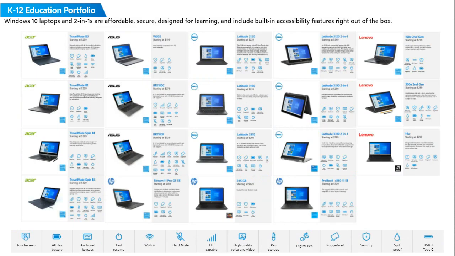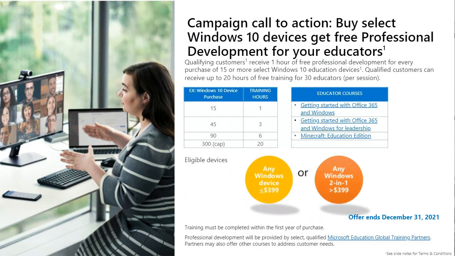So like I kind of mentioned, we've worked really, really hard and really closely with our OEM partners like Lenovo and HP to bring down the cost of these devices to make it easier to select a Windows device when budgets are tight. But this is just a starting point, right? Windows and our OEMs have the largest selection of devices across any price point, configuration, and persona. And so your schools can be outfitted across the board utilizing Windows, which eliminates that hassle of having to manage multiple operating systems, saving IT time and money. And we don't want you to go it alone.